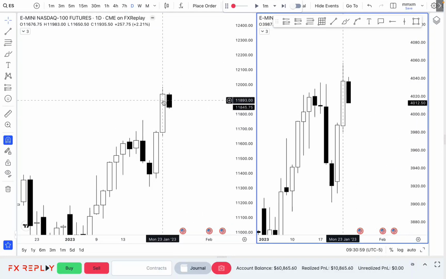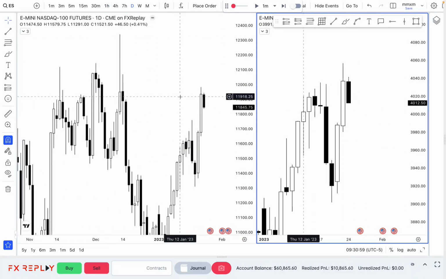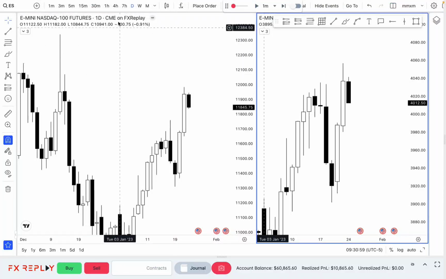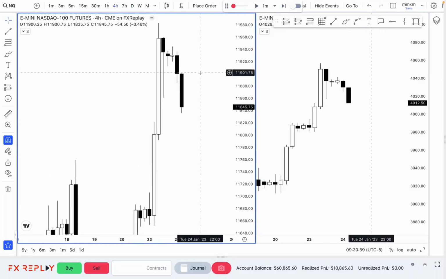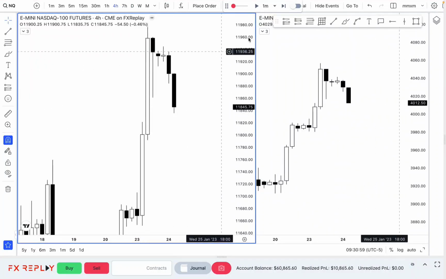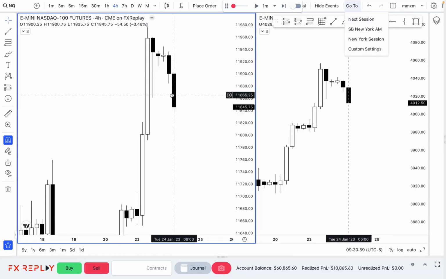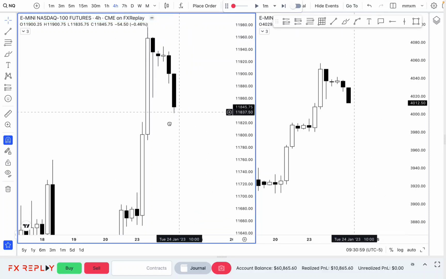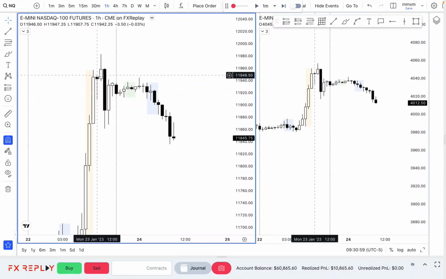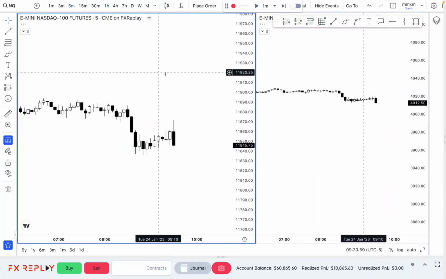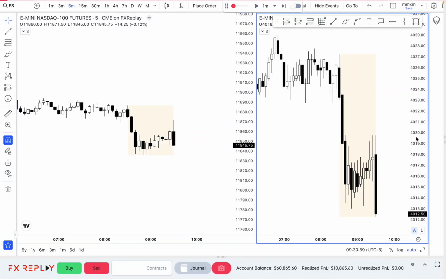So here's a Monday expansion into an objective. To see continuation is a little tricky, but it is a nice expansion here. So I would personally wait for the 6 a.m. candle here to close, and we'll go from there. Because I'm not going to trade within this candle. Why? Because it's an expansion candle to the downside, and I don't think I want to short. We do have a CC here, a close below. Man, it's hard. We'll just kind of